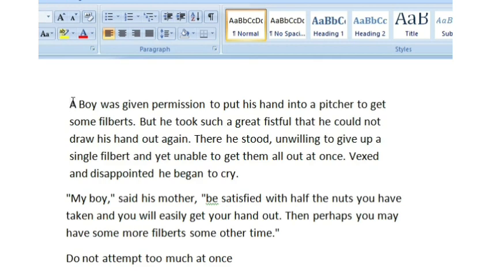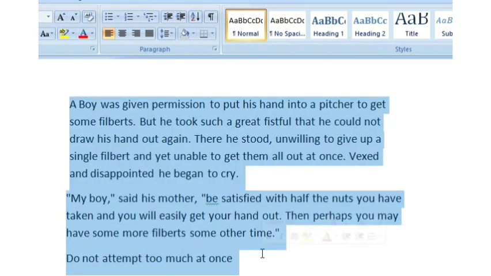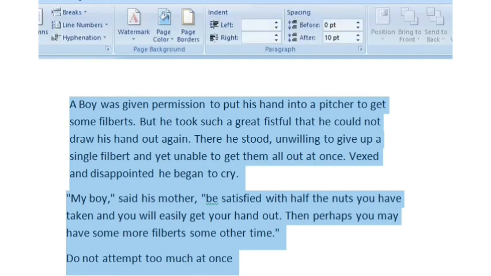So for changing the indentation, first we will select the paragraph, then we will go to the Page Layout option. Here you will find 2 options under Paragraph, that is indent and spacing. Paragraph spacing we will learn in the next topic. First we are doing indent.